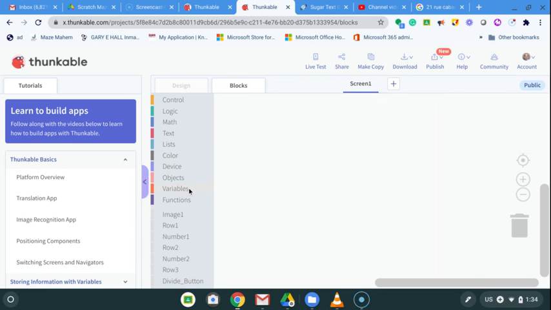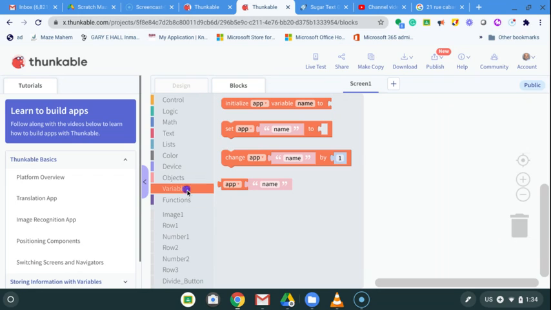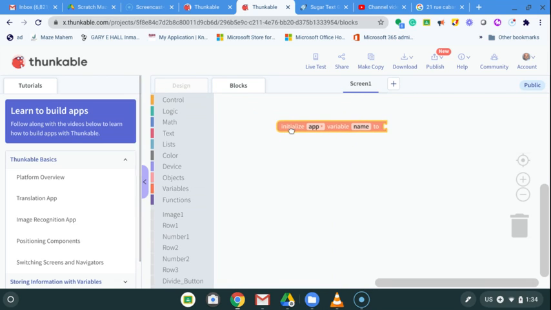Okay, so variables in programming are basically like storage locations, and in those locations on a computer you can store values. In this case, we are going to store our first number, our second number, and we're going to store the answer. Okay, so I'm going to click on variables. What we call it in programming is initializing. So I'm going to drag on